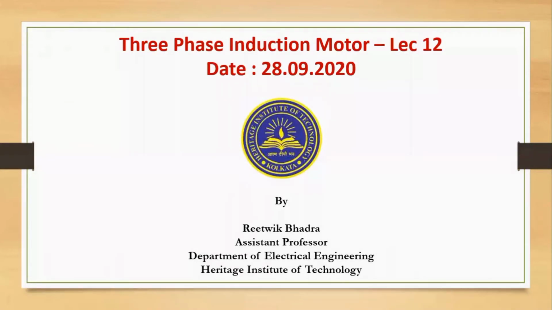Okay, so let's start with today's lecture. What we did in the last class, or what we are continuing the study, was speed control of starting of induction motor. Okay, so how were the starting done? For squirrel cage induction motor, we had studied reduced voltage starting and full voltage starting, and under reduced voltage starting there were three different methods. One was auto transformer, one was reactor starting, and one was star delta starting. And in today's class we will mainly discuss starting of wound rotor induction motor.